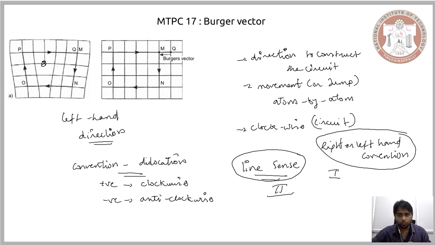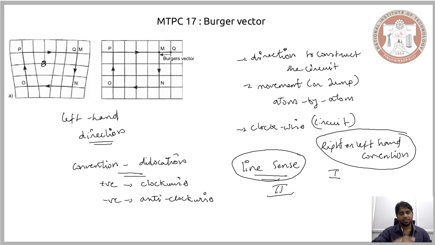So these are two different features that we need to keep in mind while constructing the Burgers vector, to understand comprehensively what the Burgers vector renders us. In addition to talking about the different forms of dislocation, and in addition to quantifying the distortion that is brought about by the dislocation, the Burgers vector delves even further. It helps us identify which form of edge dislocation we are talking about, and it also helps us distinguish the ideal system from the system with the dislocation.